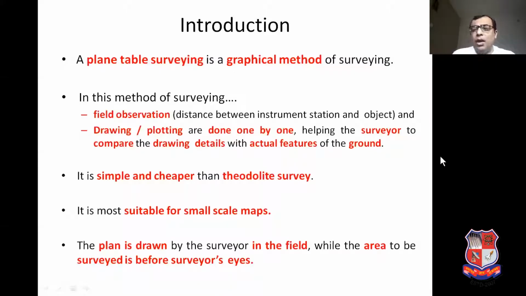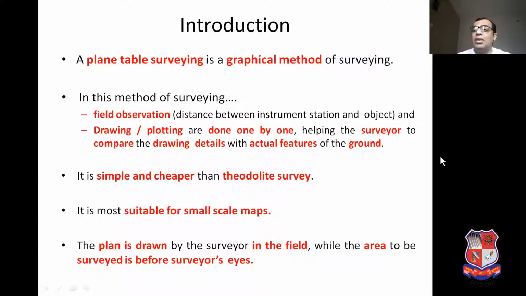Plane table surveying is also known as the graphical method of surveying. In this method of surveying, field observations, meaning the measurement of the distance between instrument station and the object, and drawing or plotting are done one by one.